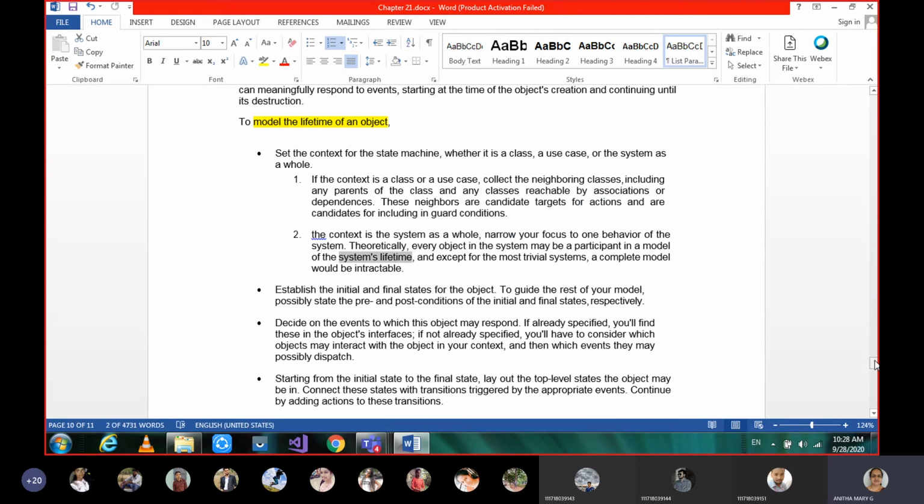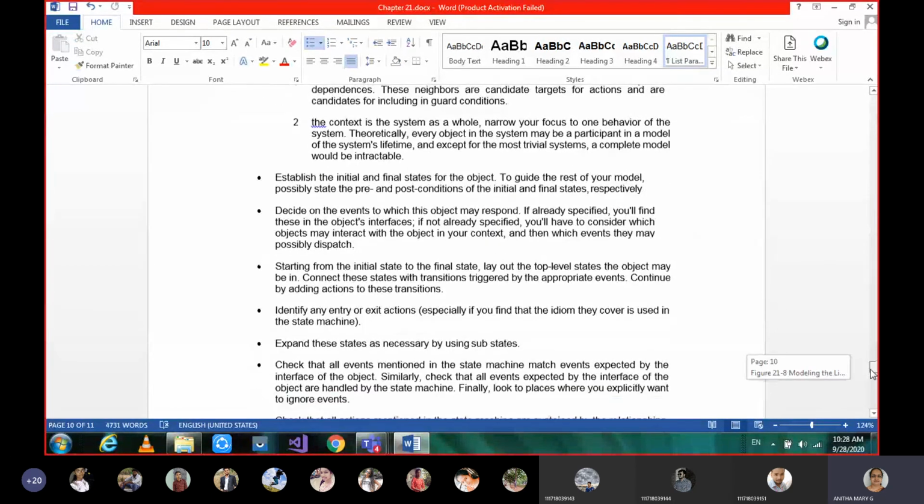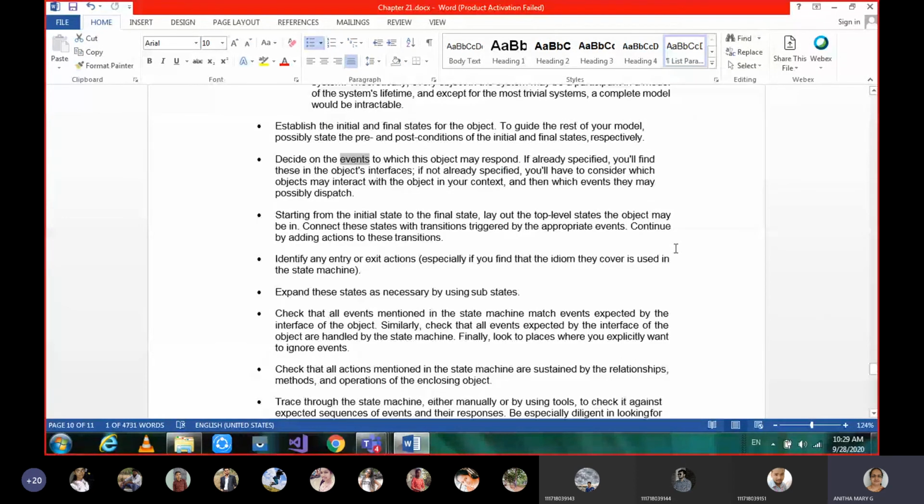What details we want to capture, and once the states are decided, what the initial and final states are, and if any guard conditions or any pre and post conditions are there. Then decide on the events, whether they are triggered events or triggerless events.